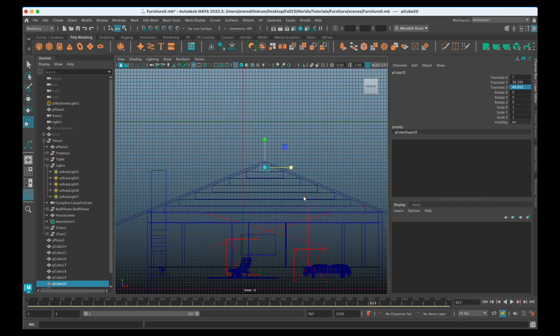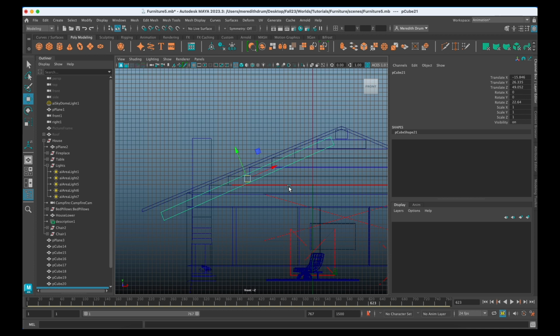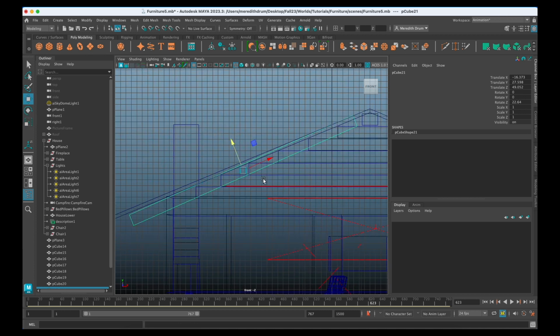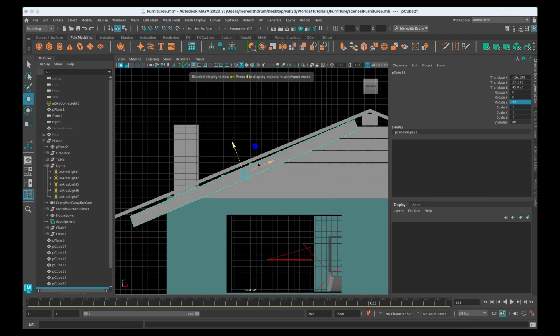Okay, now, so let's take one of these, maybe a medium size one, and duplicate it, and then let's spin it, because we're going to put it here, and we have to get that angle right. So let's bring it up, and let's try to get that angle correct there. Have to play around where it is, and you can also start punching in numbers. Let's try just 22, and then let's bring that closer. You can press 5 too if that's easier for you to see.